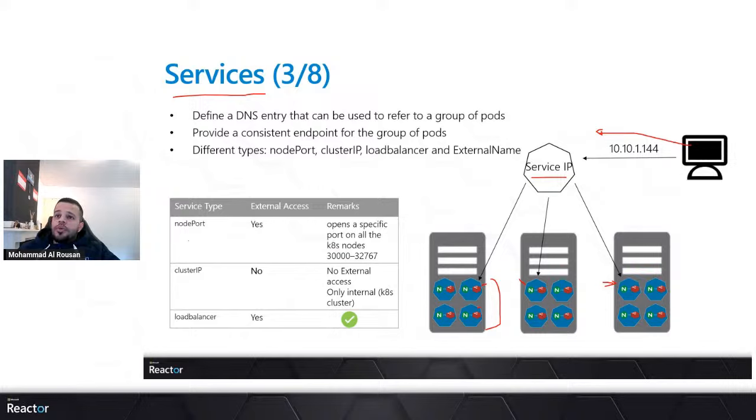And there are 4 types of services. The first one is the node port, where your deployment will have external access, or will be externally accessible. But one point that you should consider is that you can only use ports from this range, 30,000 to 32,000 something. In a cluster IP, you will not have external access, or your application will not be externally accessible. On load balancer, which is the widely used, your application will be externally accessible outside your cluster. It means outside your machines.